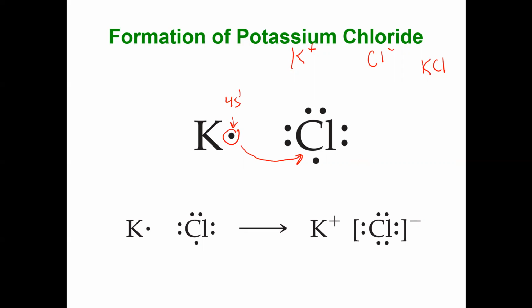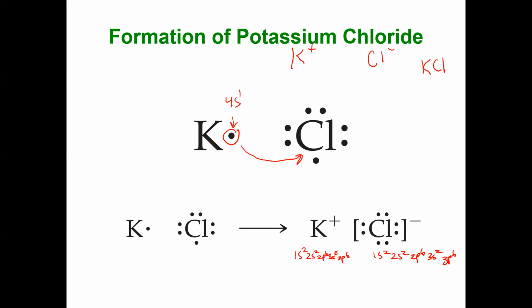So how it's denoted is now potassium has a positive charge because it has the electron configuration of argon, which is 1s2, 2s2, 2p6, 3s2, 3p6. And the chloride ion is happy because it is also like argon with a 1s2, 2s2, 2p6, 3s2,